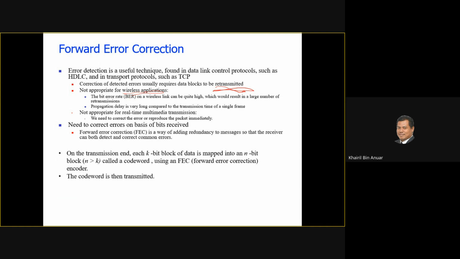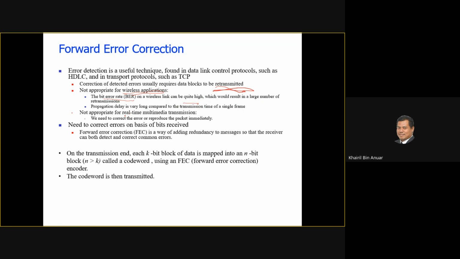So with respect to this, for properties of your transmission, for instance, the bit error rate can increase, so it is quite high, and results in a large number of retransmissions. Okay, so with this retransmission, yes, you can detect and make correction, but it's not an optimum process for wireless communication or for long distance communication. Here it says that propagation delay is very long compared to the transmission time of a single frame. So it's okay to detect and do retransmission, but